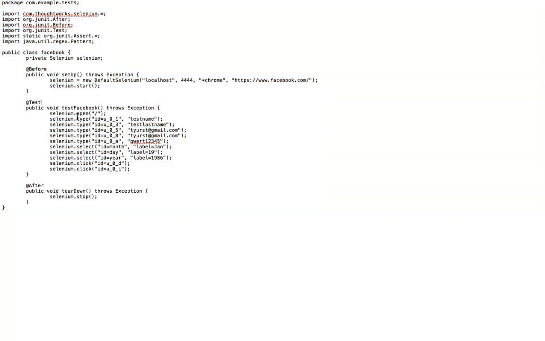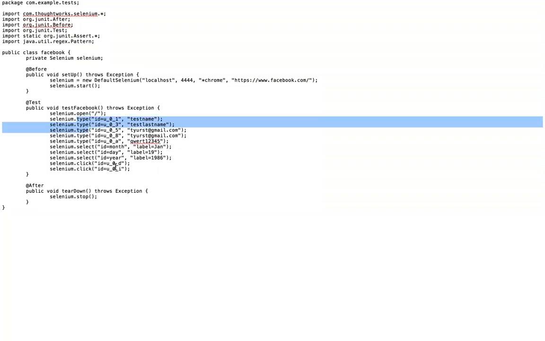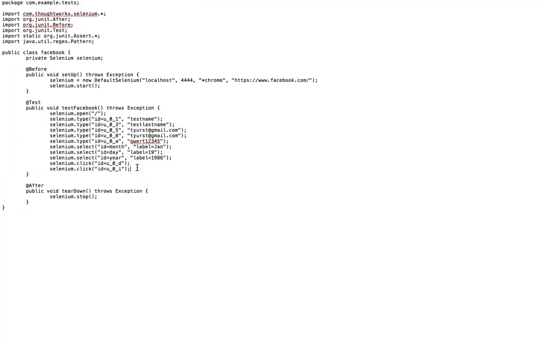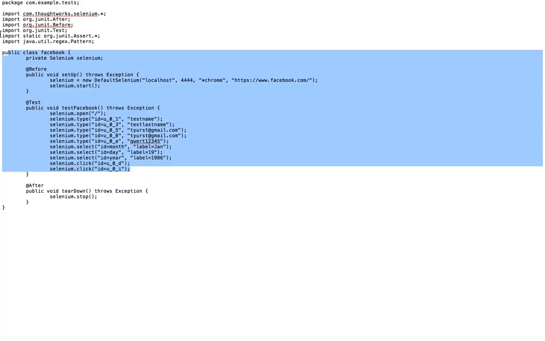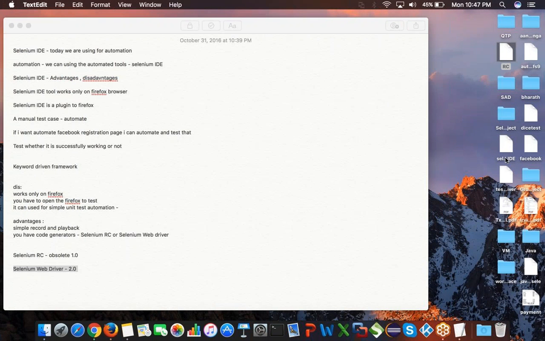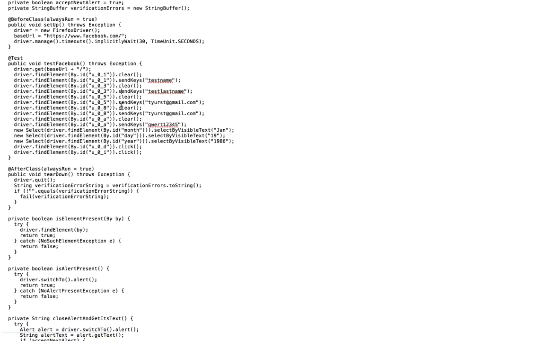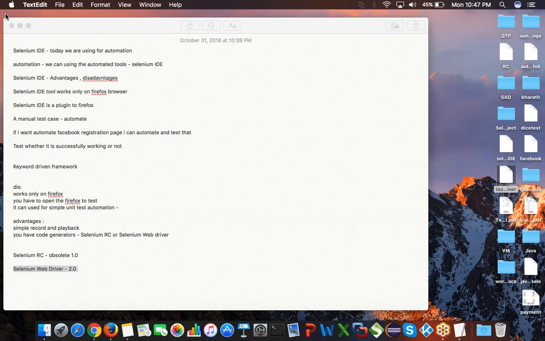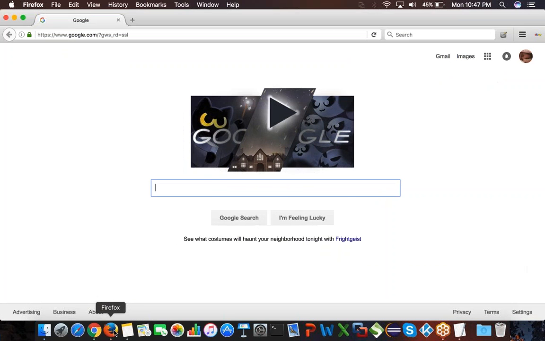Selenium RC code and Selenium WebDriver code are completely two different ways of writing things. Don't think that it's just an upgrade and you have to learn Selenium RC also. Selenium RC is almost like Selenium IDE, which is a keyword driven approach. Because it's not very customizable, people didn't like this version. So people started moving out, and then a new version got created, called Selenium WebDriver. They have given a lot of flexibility in this tool, so that's how this tool is used mostly, rather than the other tool.